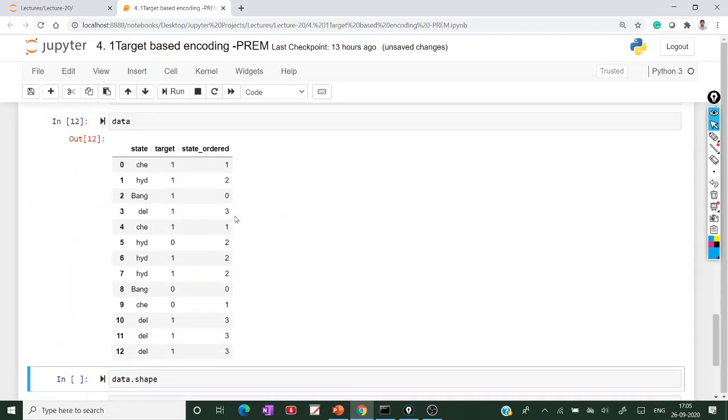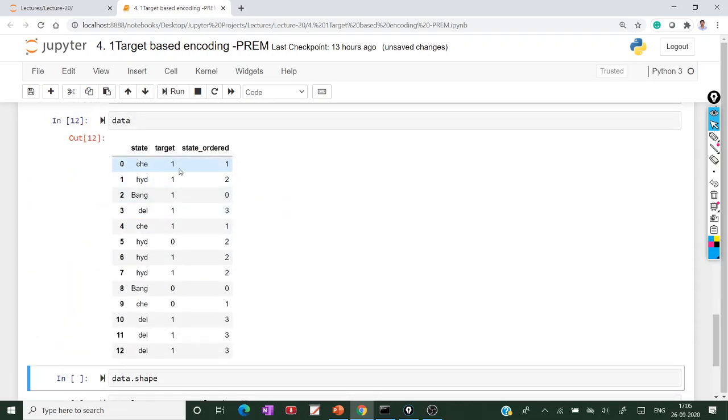If you see, CHE is assigned the value 1, Hyderabad is assigned 2, Bangalore is assigned 0, and Delhi is assigned 3. Wherever CHE is there, the value is 1. Wherever Delhi is there, Delhi means 3.